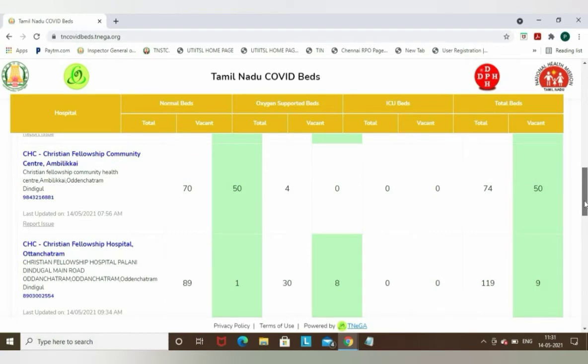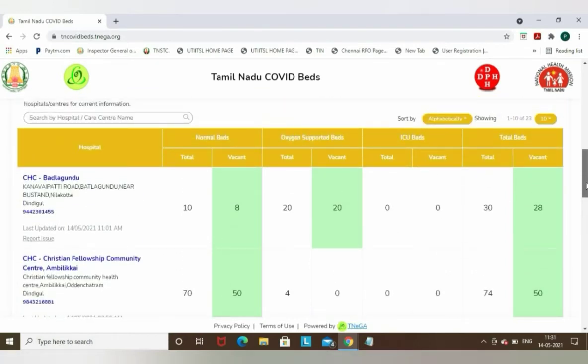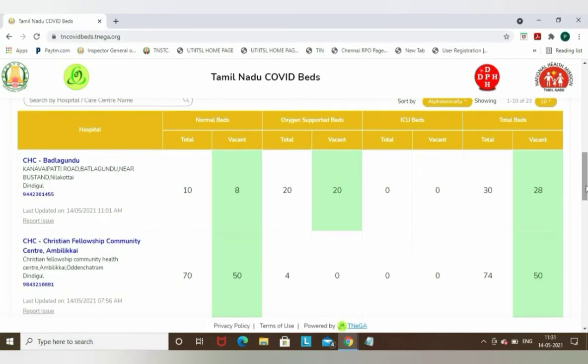And one more thing, you can filter and check around 5 to 6 hospitals, and in the hospital names mentioned below there would be a contact number. You can note down the contact number, or you can go on Google, search with the hospital name and get the contact number. You can make a list of 5 to 6 hospitals and call them to inquire regarding the availability. Even though the availability is showing on this website, to make sure the right information is displayed here, you can call that particular hospital and check with them regarding the availability of the beds.